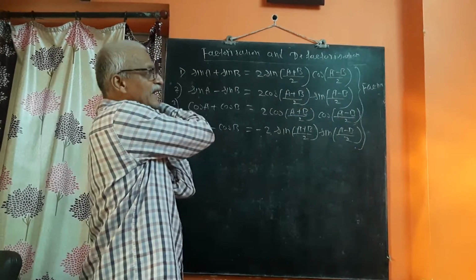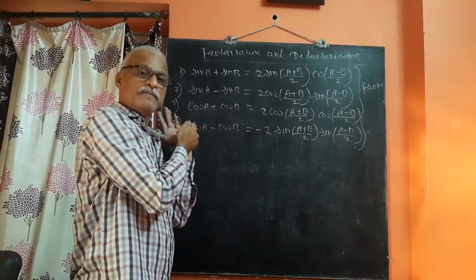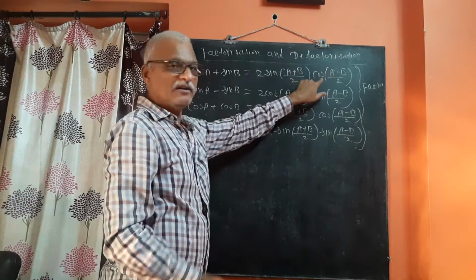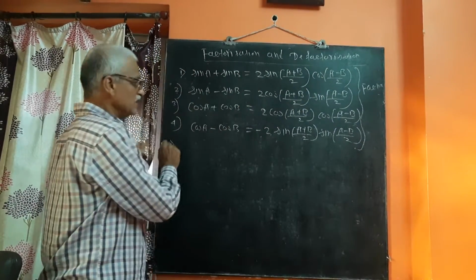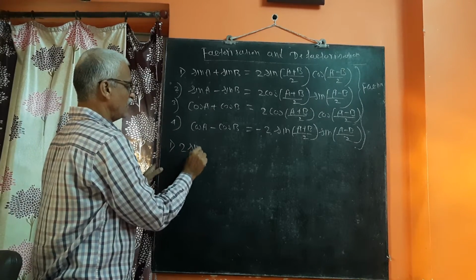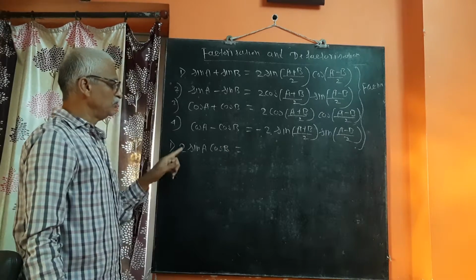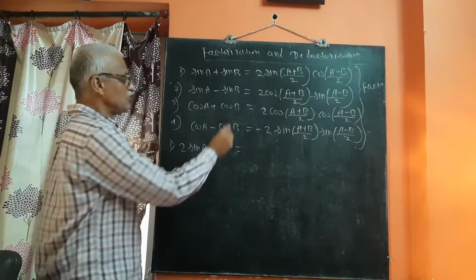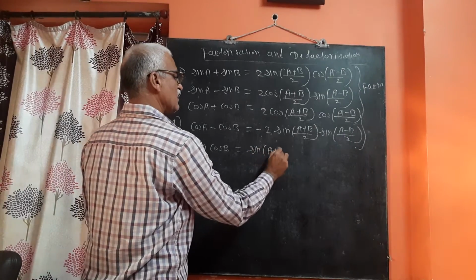In the opposite direction, the multiplication of sin and cos is the addition of 2 sin. That means the defactorization first formula is 2 sin A